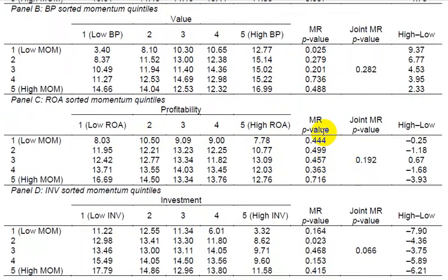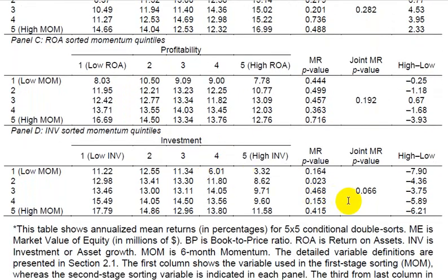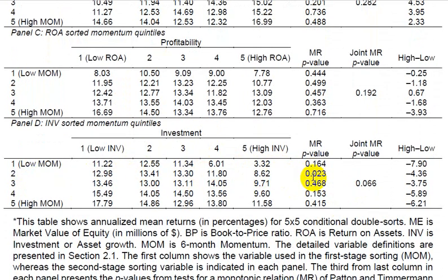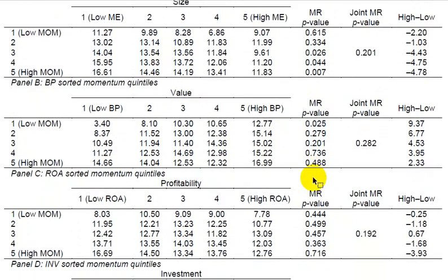There doesn't seem to be a monotonic relationship for profitability, and the investment factor seems to only be monotonic at the second quintile when controlling for momentum. But so to recap,